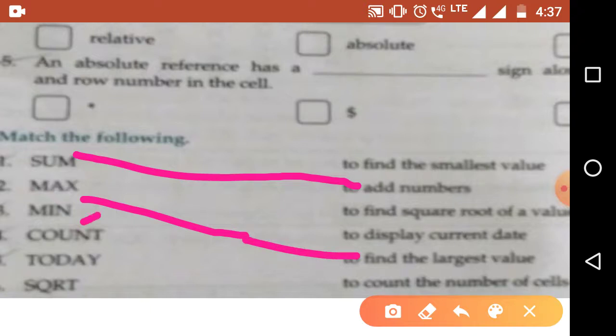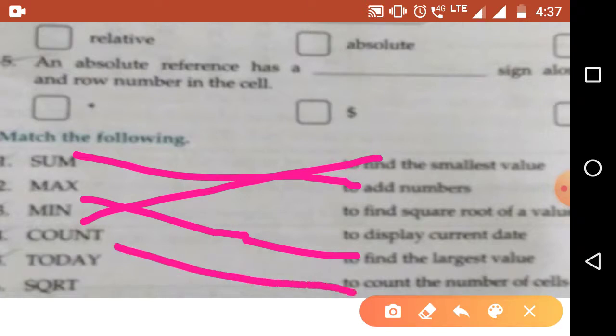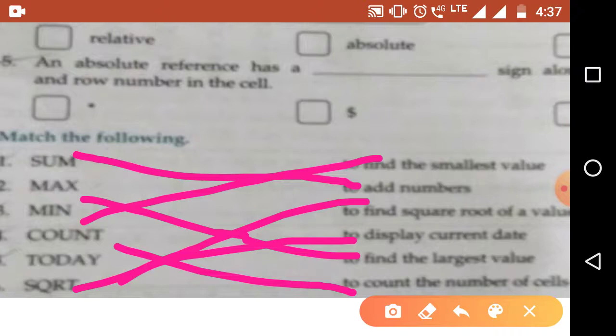Min, to find the smallest value. Count, to count the number of cells. Today, to display the current date. SQRT, to find the square root.